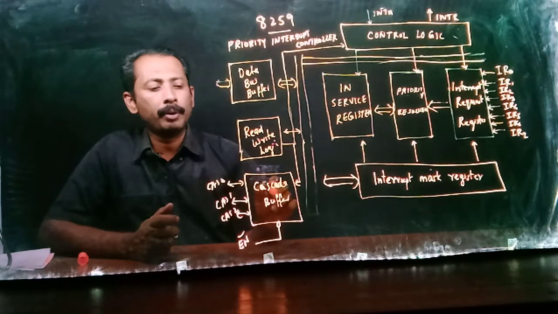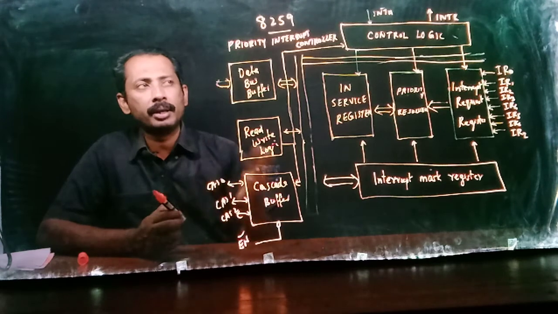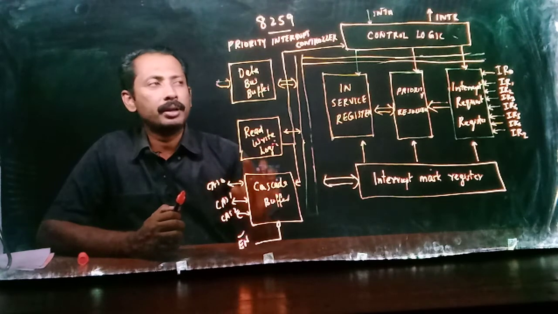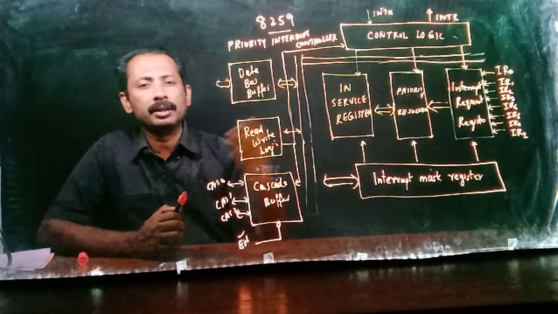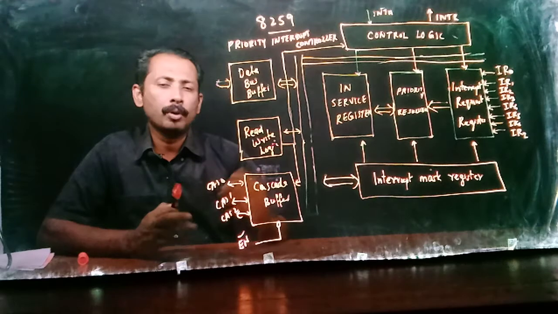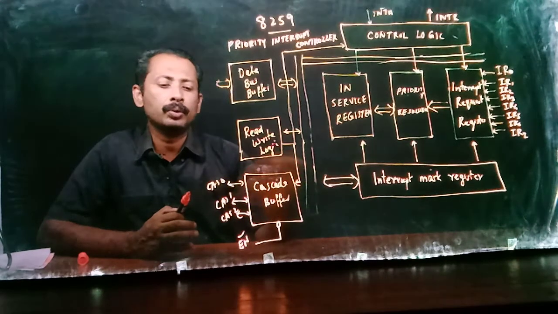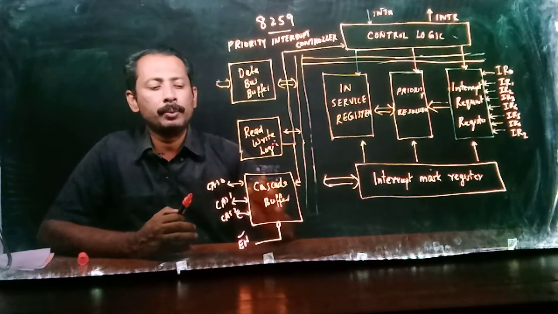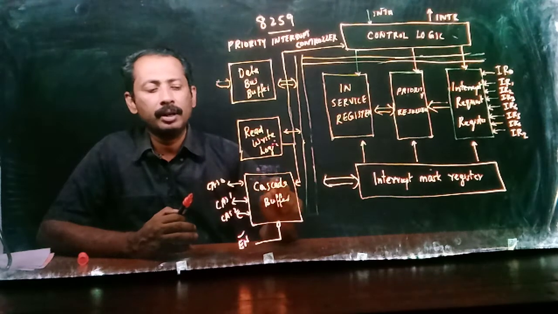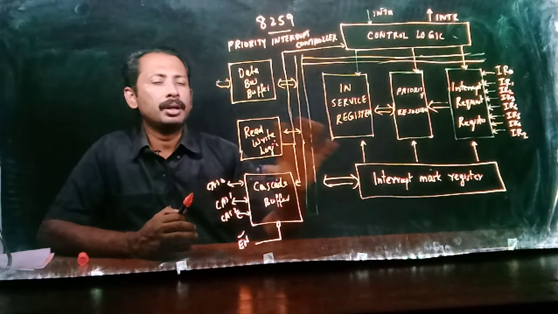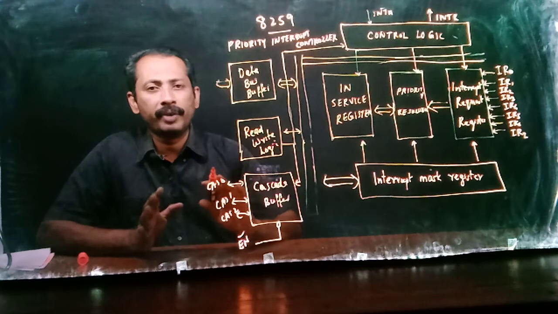And we have a block called cascade buffer. This cascade buffer is used for cascading. For connecting more 8259, we can use this cascade buffer. This IC can be cascaded to support up to 256 interrupts. So more interrupts can be connected towards the MPU through multiple 8259. This will be done using the cascade buffer, and EN bar is the chip selection enable. So this is the overall working logic of an 8259.